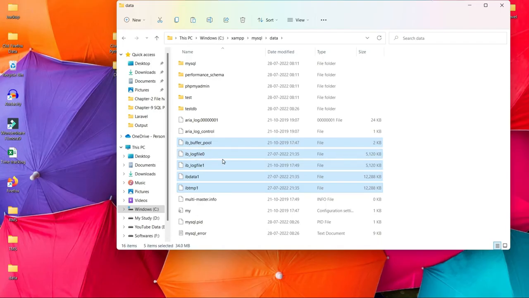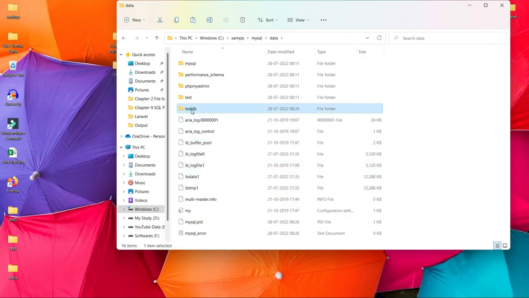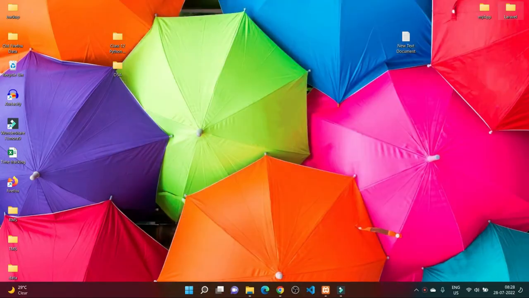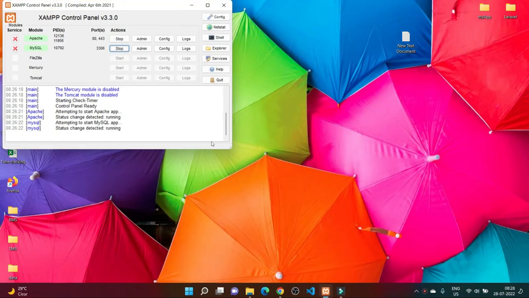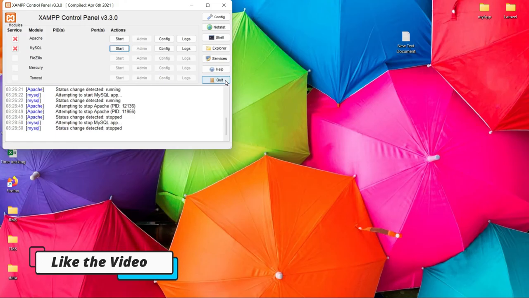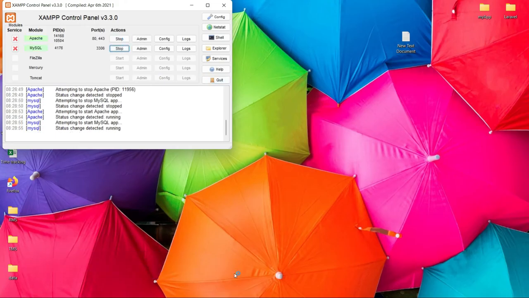So what I have copied till now: I have copied testdb, the database that you want to access in the newly installed XAMPP server, and these 5 files which start with IB. Now I will restart my XAMPP server and you will see the error will be gone. So I start my XAMPP server again and I try to open